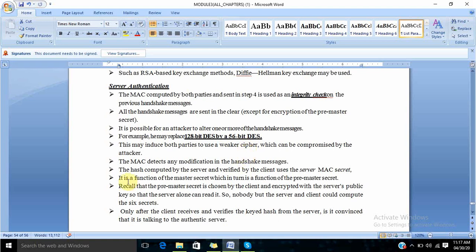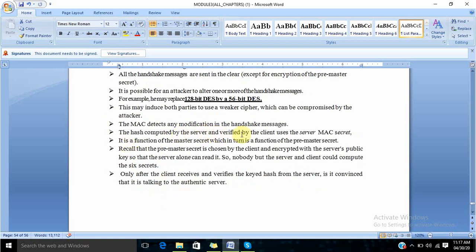The MAC also detects any modification in the handshake messages. The hash computed by the server and verified by the client uses the server MAC secret, which is a function of the master secret, which in turn is a function of the pre-master secret. Recall that the pre-master secret is chosen by the client and encrypted with the server's public key, so that the server alone can read it.